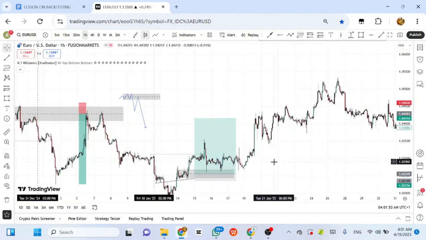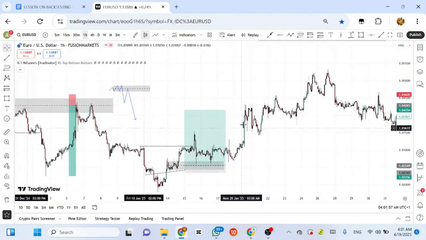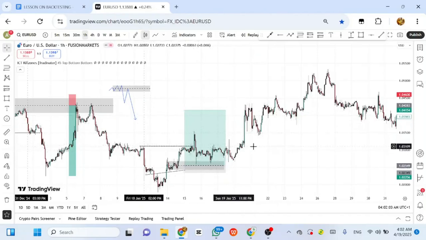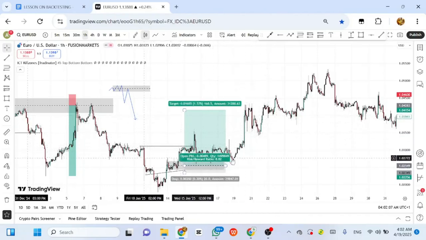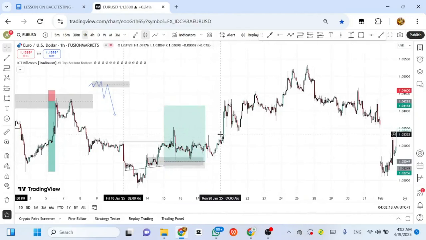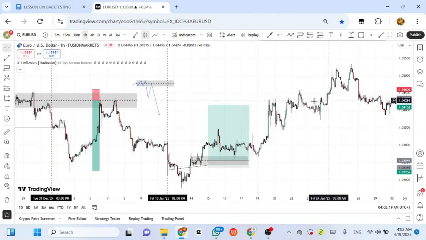So now this did not activate also. We are still watching this market. Now you saw this was a breakout of these zones. This makes sense. I would have told you how I would have entered this trade using confirmation entry, but let's leave this. Let's just focus on what we are doing. Looking at this now, this is a breakout of this zone, but then it has reached this confluence zone.